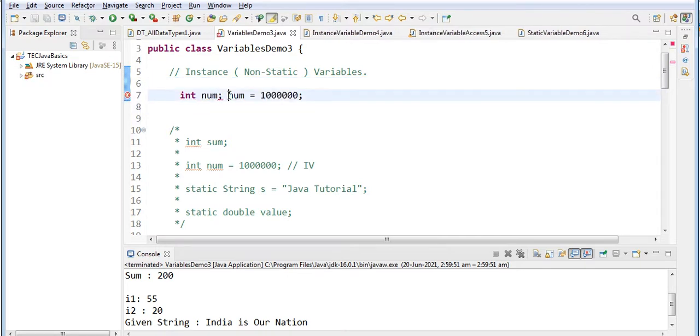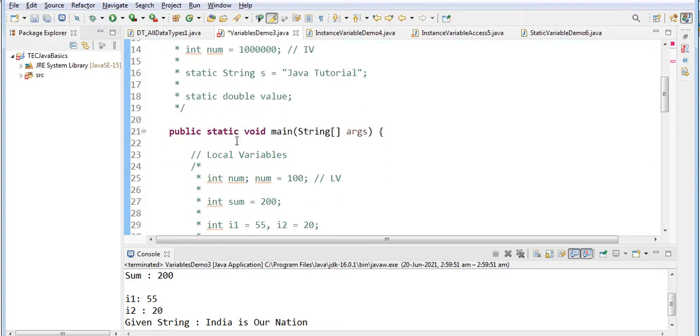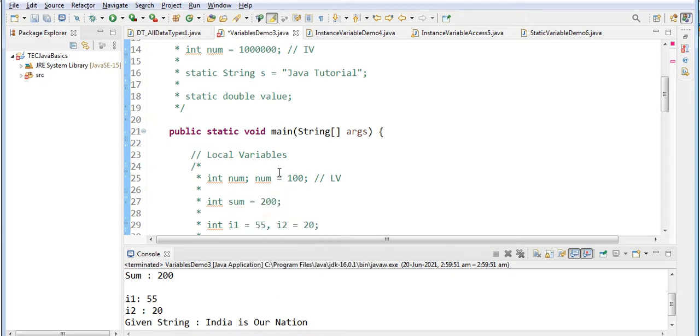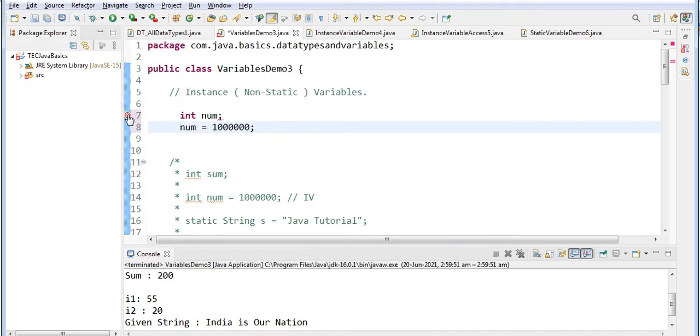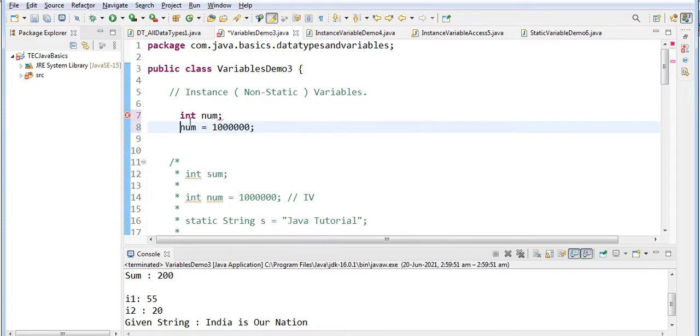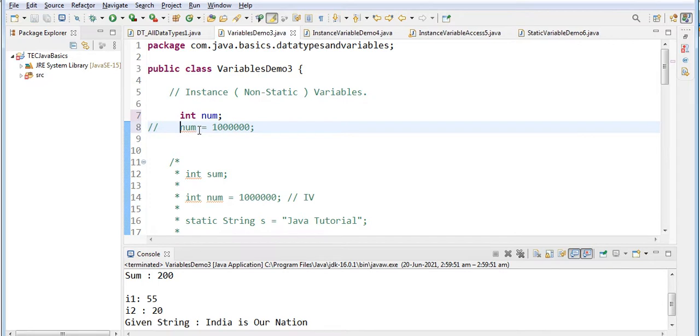Now I'm trying to define this value, and it is showing an error: syntax error on token. Something is a wrong value. So you can declare, but you cannot define the instance variable inside the class. But this you can define inside a constructor.